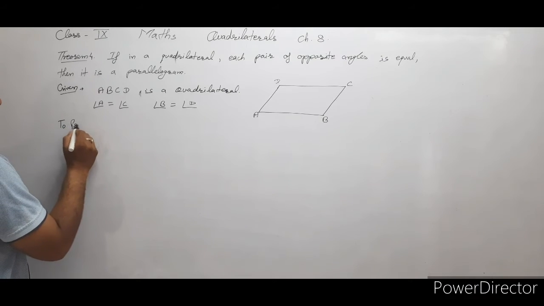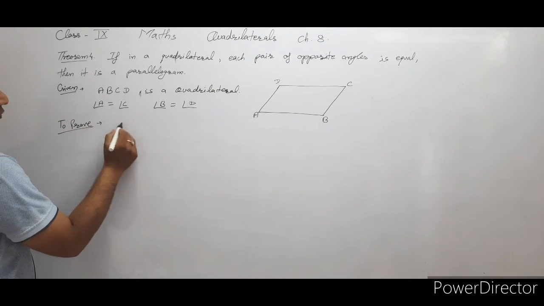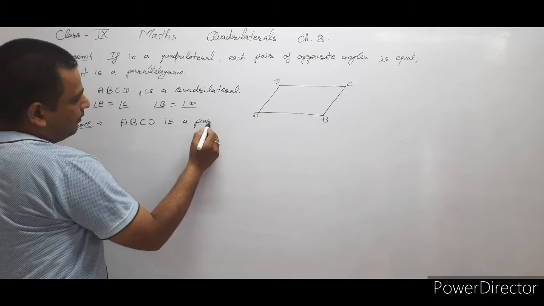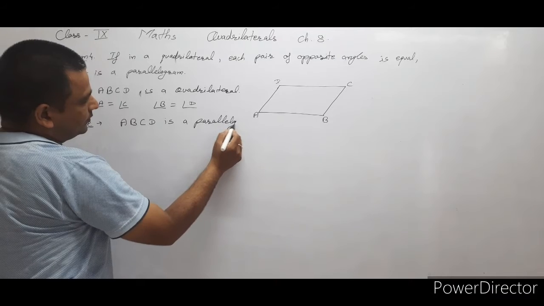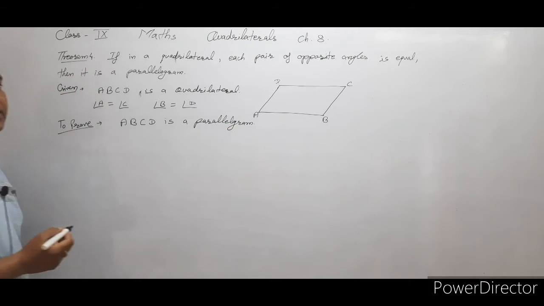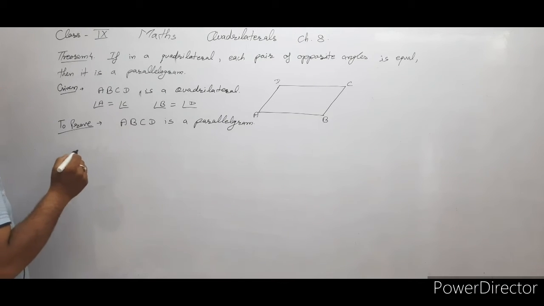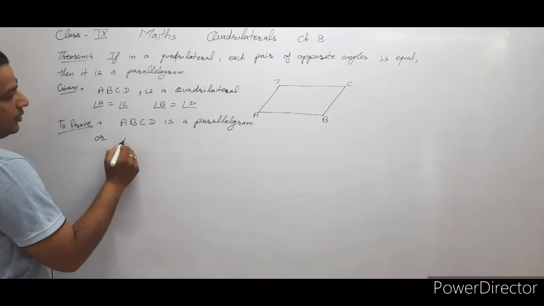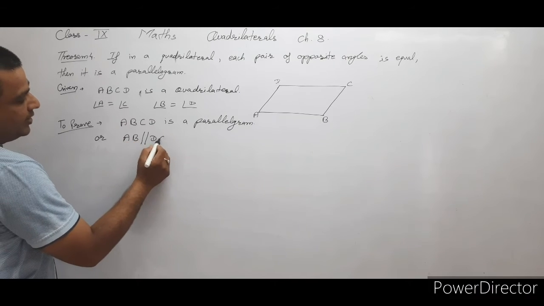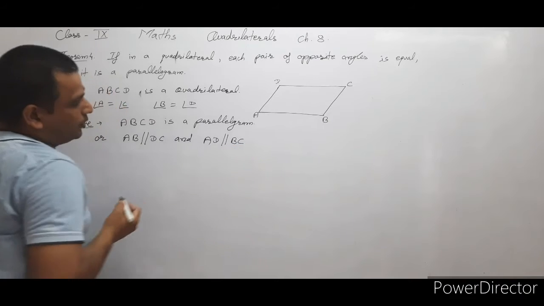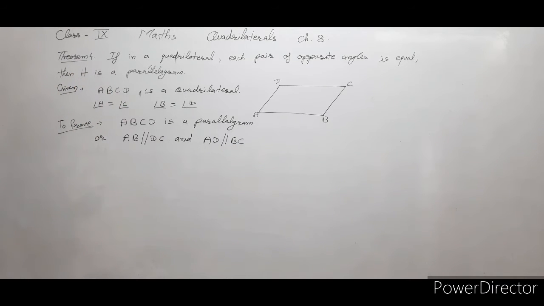To prove, हमें प्रूव करना है ABCD is a parallelogram. To prove that it is a parallelogram, हमें इसमें ये प्रूफ करना पड़ेगा कि AB is parallel to DC and AD is parallel to BC. अगर opposite sides parallel आ जाती हैं, then any quadrilateral is called a parallelogram. Proof: